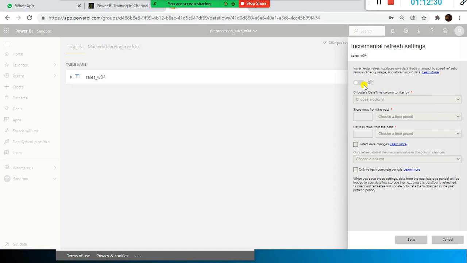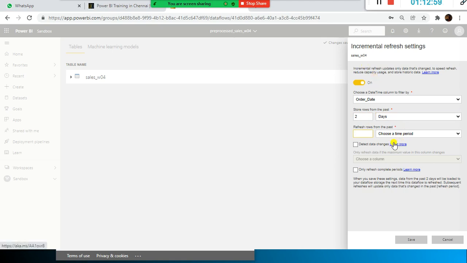When you enable incremental refresh, look here, order date is visible now, because the data type for this one we changed to date time. Okay, choose a time period. Let's say I want to do an incremental refresh, and if it's a daily load, the last 2 days of data.